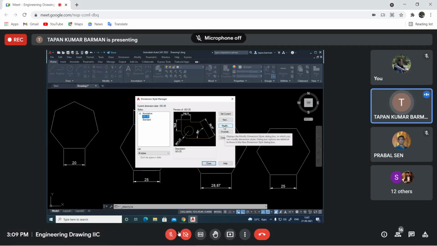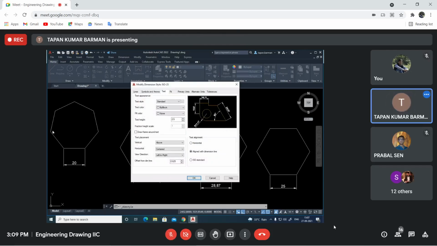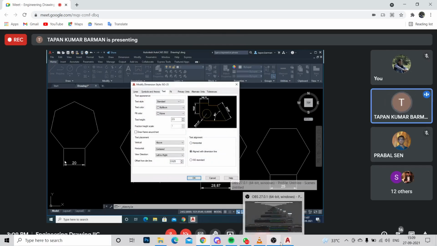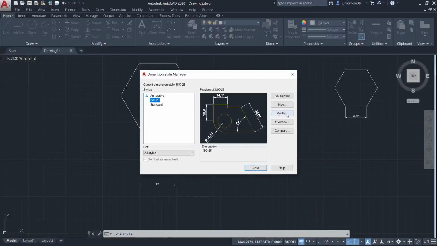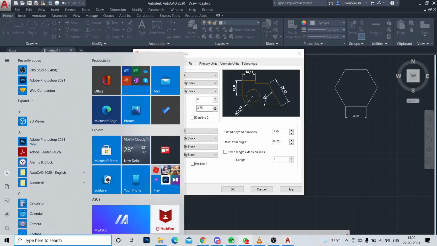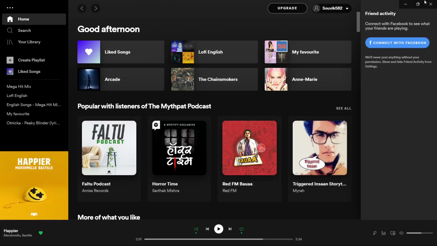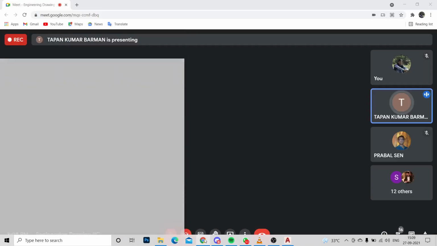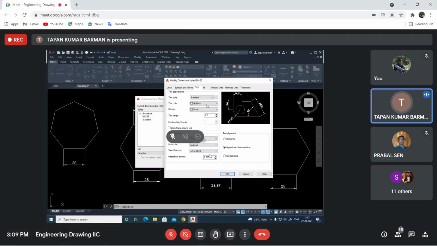From here, you try to modify this. This is basically the text height, dimension text. You'll find lines; later on, we'll discuss how to change these and what the effect is, then symbols and arrows. Then text. Here, you may change the text height. For your case, 0 may be there, but you may change the value. Here you have to use the standard text height.